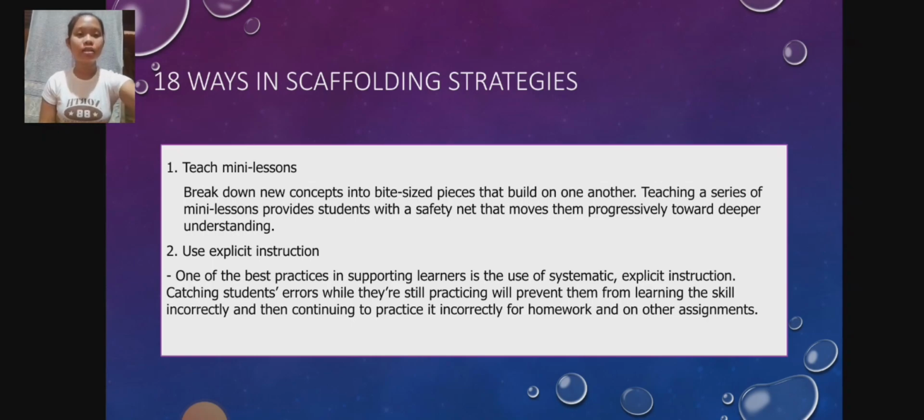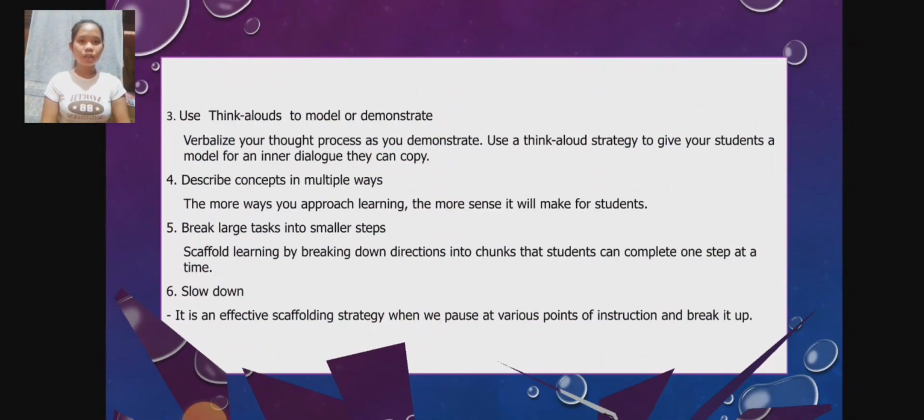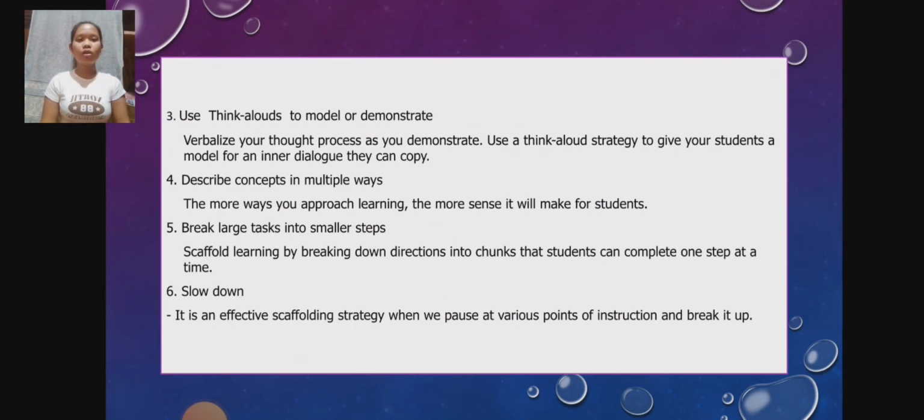So next is use think alouds to model or demonstrate. Verbalize your thought process as you demonstrate. Use a think aloud strategy to give your students a model for an inner dialogue they can copy. The purpose of the think aloud strategy is to model for students how skilled readers construct meaning